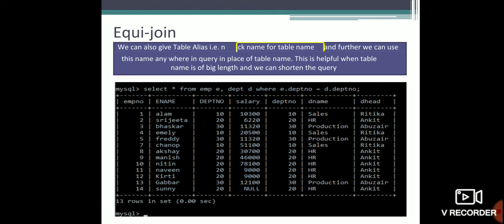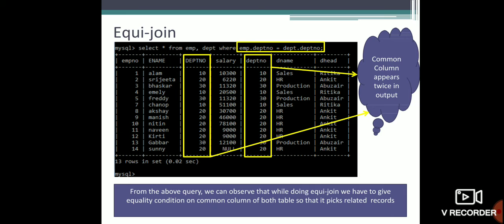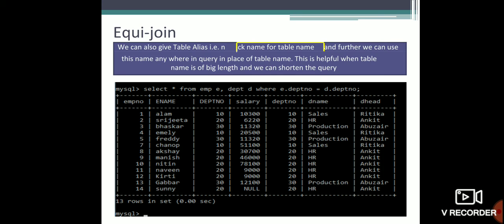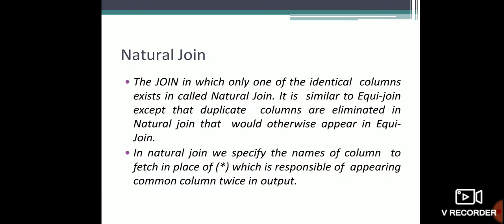In the condition, in the previous case I was writing the full table name, dot, the column name. But in this case, since I have mentioned that my table employee is termed as E, and department will be termed as D, after giving the where clause I will write the nickname only. Like E dot department number equals D dot department number, where E is the employee table and D is your department table. The same condition you can see here.